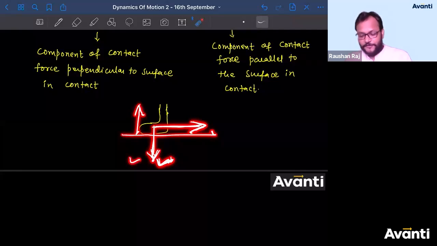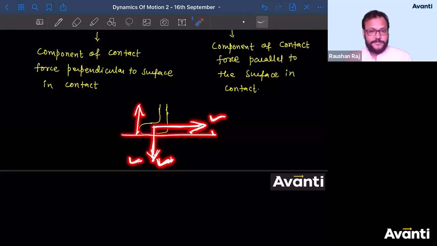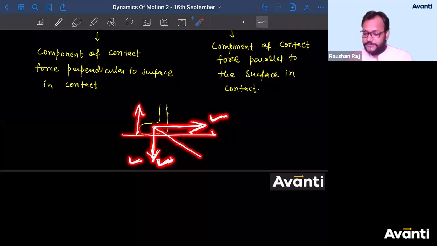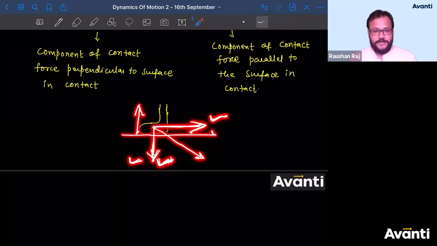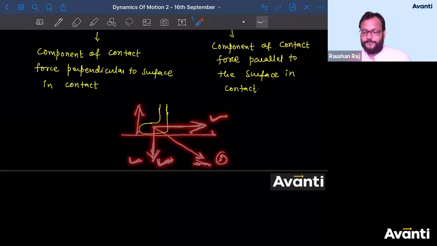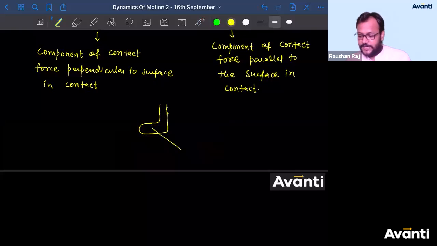But since this force is also because of contact, and this force that you are going to apply is also because of contact, so I'll say resultant contact force will be somewhere in this direction. So when you try to walk, tell me in which direction you apply a force. Or when you are walking on a ground, in which direction you apply a force. So in this direction. You apply a force on the ground in this direction. तो क्या बोलेंगे बच्चा? So this is the direction of the force on the earth due to foot.